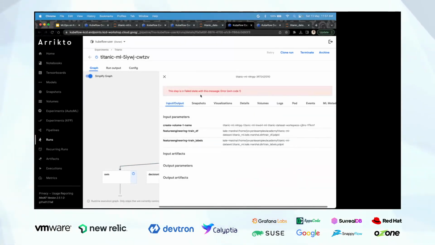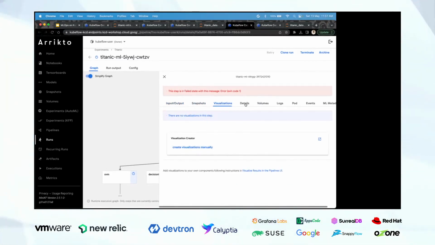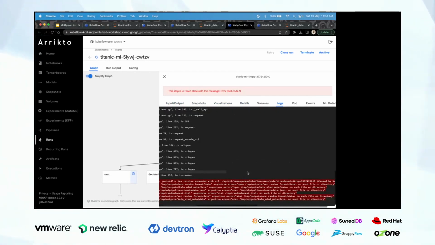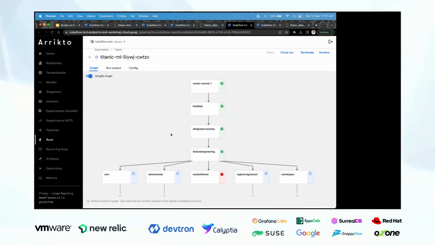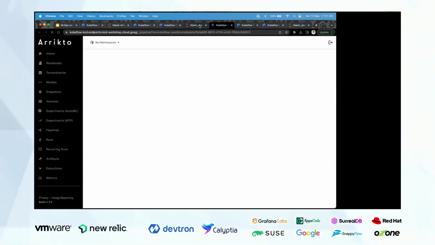So what is the error? Okay, no such file or directory. I'm not sure why it has not worked. Ideally, it should have.